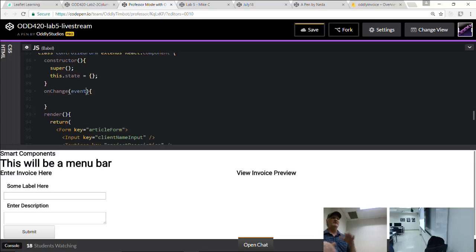For instance, with a keyboard event, that information includes which key you pressed. With a mouse event, it's things like were you clicking, were you rolling over, rolling out. So we're saying when our form changes, we want to know about it. So for now, let's just put a little console log in here to say the form is changing.